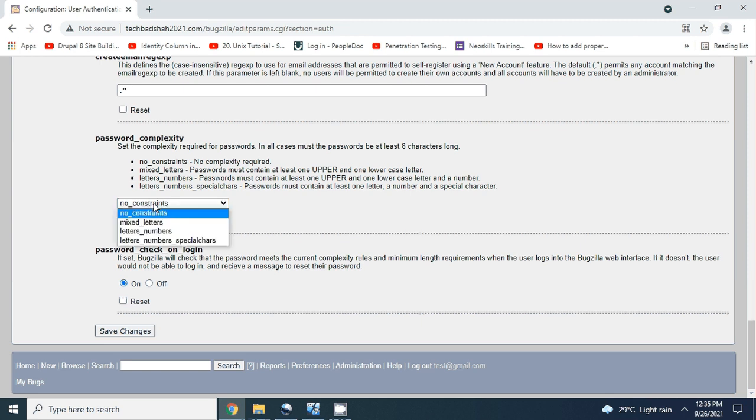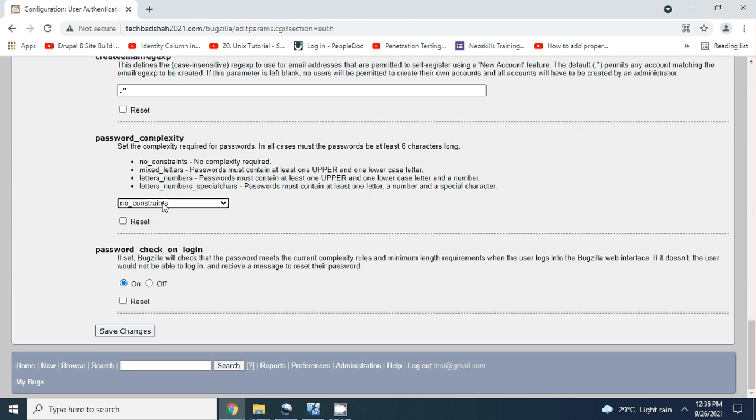The moment you change those settings, say to letters, numbers and special characters, Bugzilla will restrict the users, saying the password policy on the server does not allow this simple password. Go ahead and change it, make it a complex password.